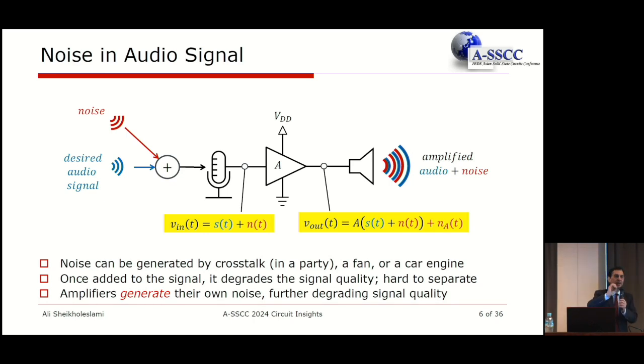The amplifier itself creates its own electronic noise. Once you take the voice, the audio, and you move it to the electronic domain, now you're at the mercy of electrons. And the electrons have random movement because of the room temperature, because they're not at zero Kelvin, right? So once the electrons start having their own random movement, they create additional noise. And that is the subject of this talk. How do you understand, how do we characterize that noise, and how do we mitigate that noise?